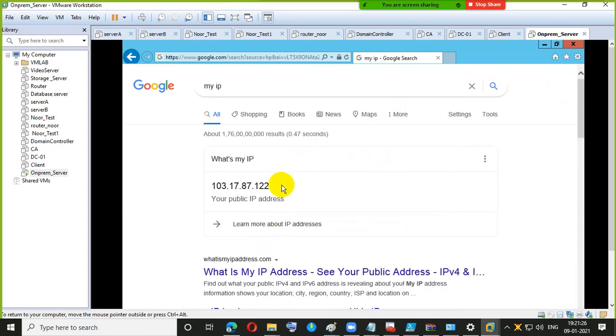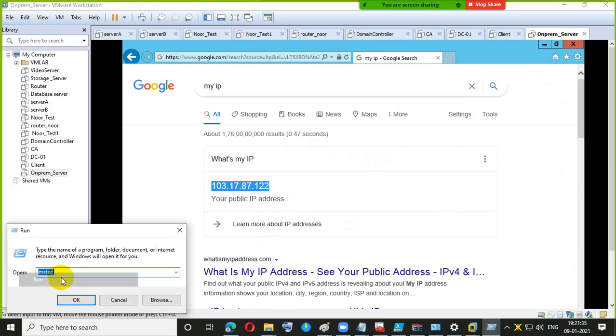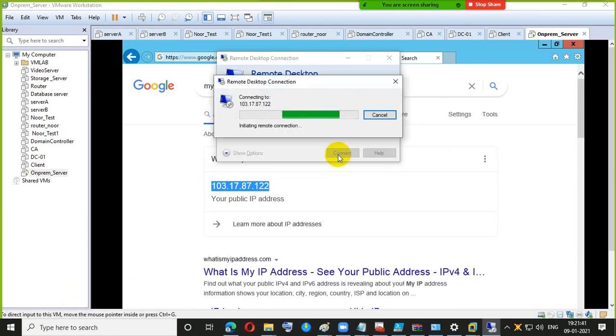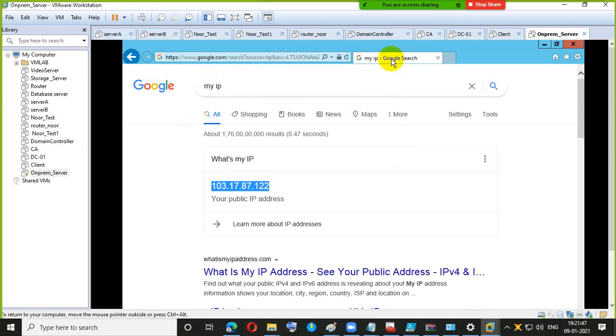Now this is my public IP address for this machine. Okay, this is my public address. That doesn't mean that if you do MSTSC it will work. Against this IP address, they are actually giving the public IP address. That doesn't mean your machine will be connected over the internet. So this IP address is required whenever we create the local gateway.